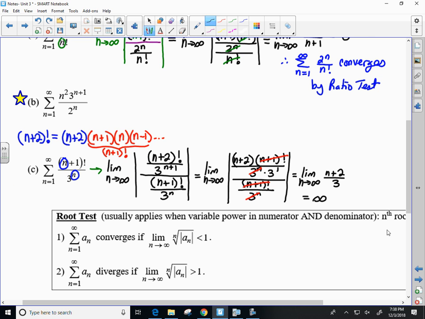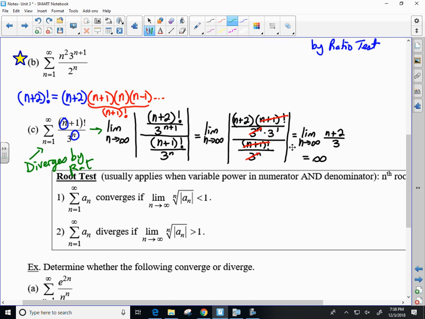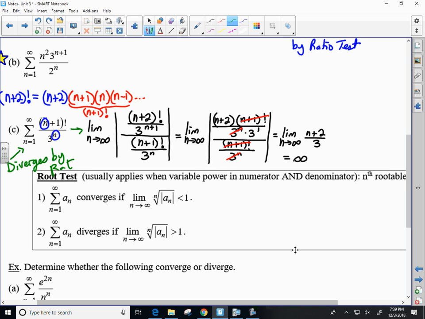Right? So diverges by the RAT. I had more room to roam, but